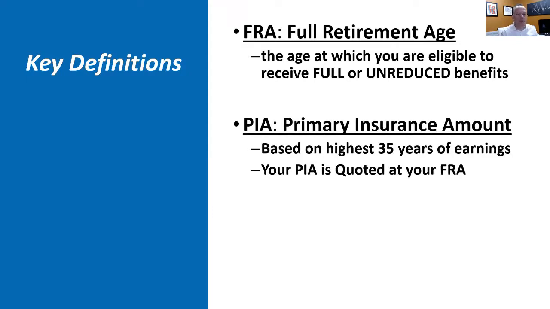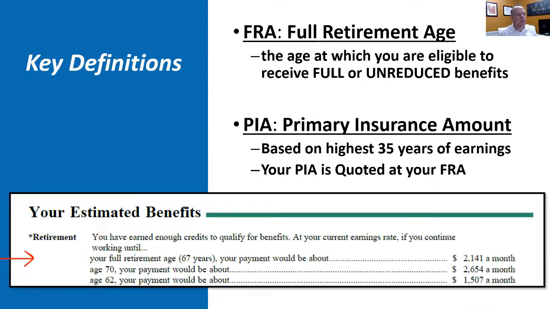That's essentially the benefit amount, or the monthly paycheck amount, that's quoted at your full retirement age. And essentially it's based on 35 years of earnings. And then they apply the indexing to the wages and then ultimately cost of living adjustments on that. And these two things are quoted right on your statement. You can see it right there, right on that section that says your estimated benefits. It says at your full retirement age, your benefit would be, and this is considered your primary insurance amount, that